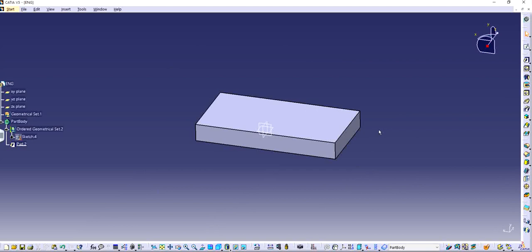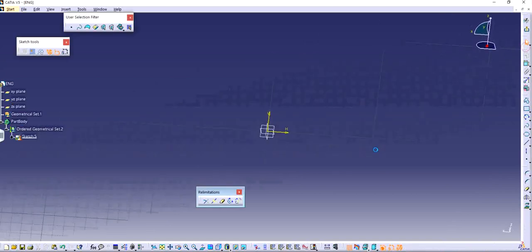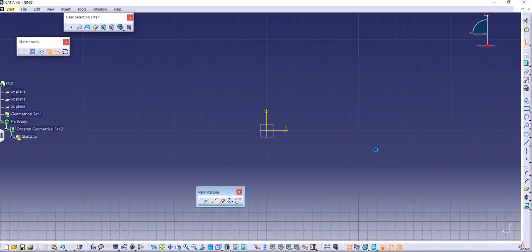But whenever you have any cylindrical surfaces, then you end up having two particular ways in which either you can use pad, sometimes, not always, or you can also use shaft, or what you call revolve in SolidWorks. So let's say I want to make a cylinder. There are two ways of making a cylinder. If I have to make a simple cylinder with a step, what I mean by that is, let's say if I have to make one cylinder, I have two different options. Either I can make a circle,